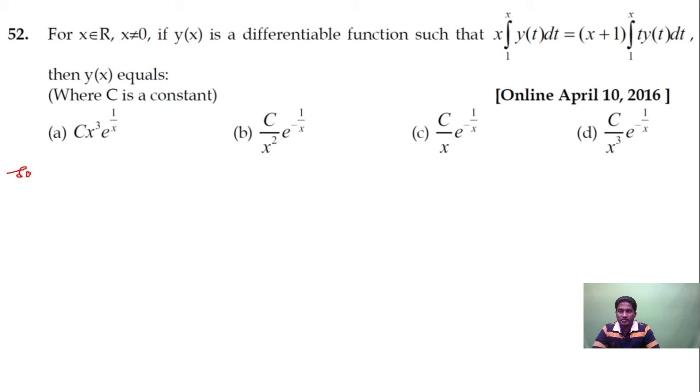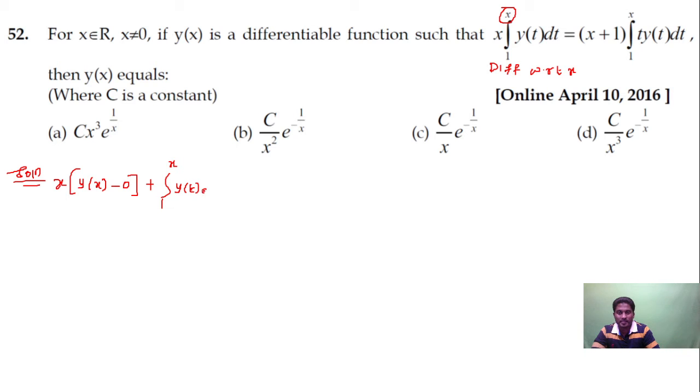Okay, follow carefully guys. I am supposed to find out what is the y of x. If I differentiate this directly with respect to x, okay, I'll use the product rule. First function is x. Okay, now if I differentiate the definite integral, I'll use the Leibniz rule. First function is x. Differentiation of second function is, differentiate the upper limit 1, in place of t you put upper limit, so this is y of x. Differentiation of lower limit is anyway 0. Here also, first differentiation of second, okay, plus second is 1 to x, this is y of t dt.